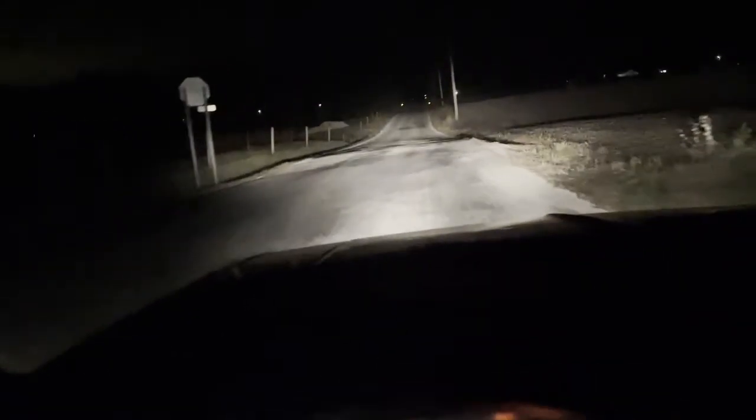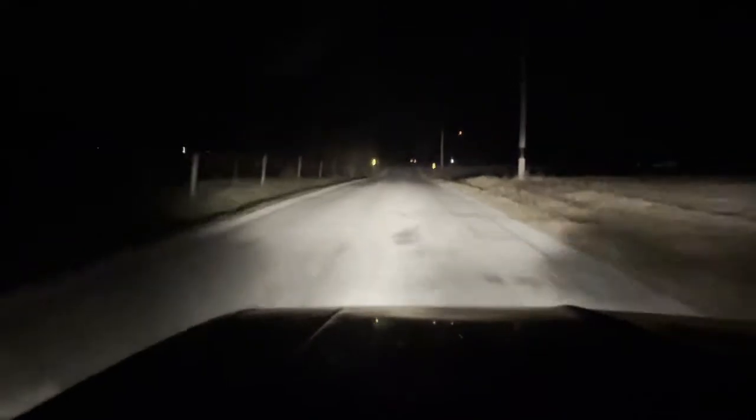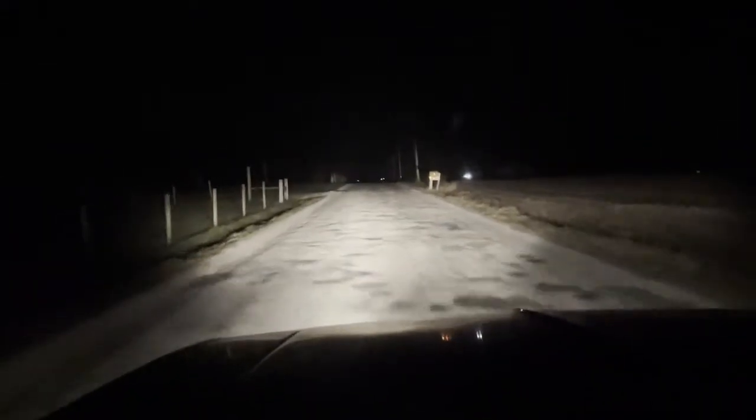Not much throttle there. This cam's pulling in a ton more air than the old cam. I put a bunch of fuel in it to keep it from going lean when I first put it in. Now I'm taking it all back out. Just now starting to get closer to stoich at lower